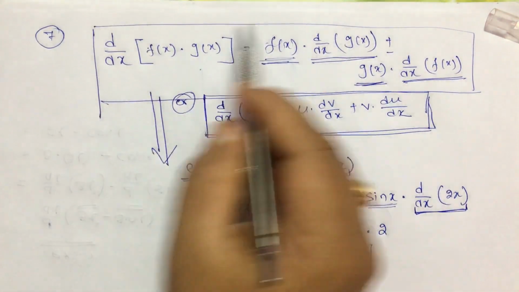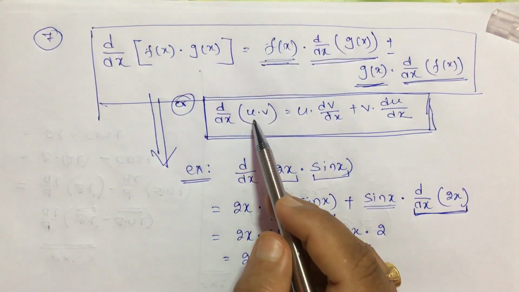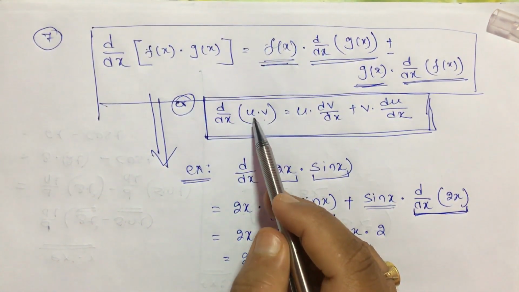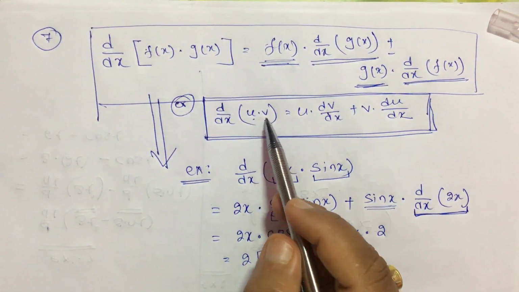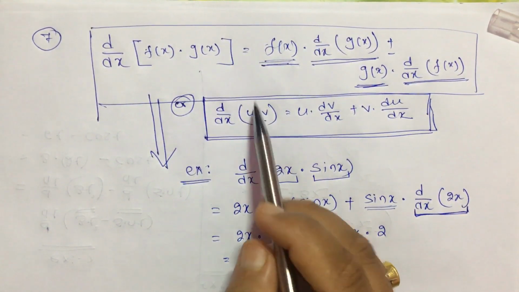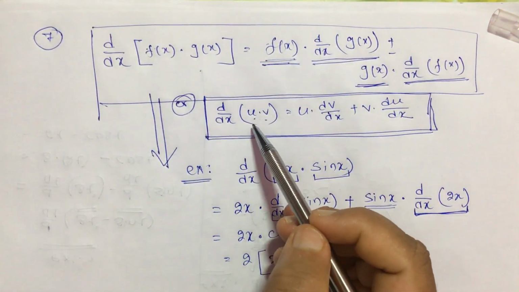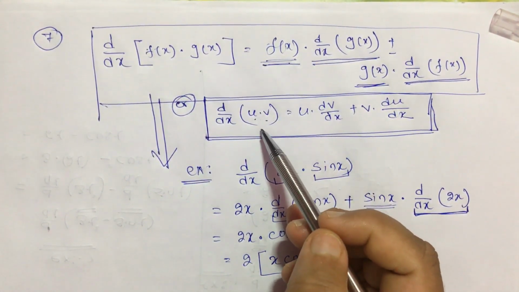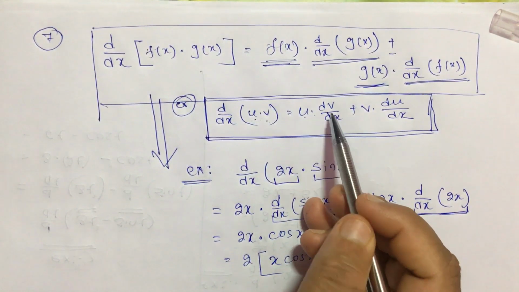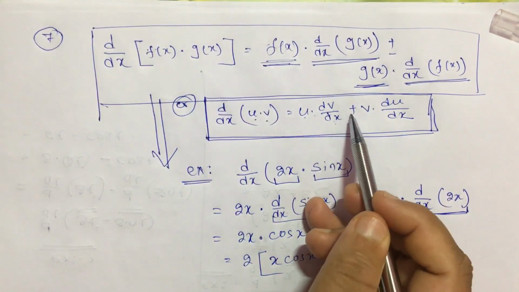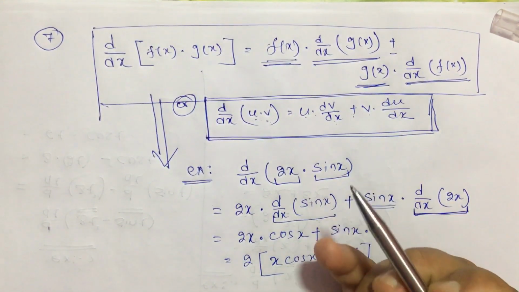So this formula can also be written like this, in many books it is given like that, d by dx of u dot v, where u is a function of x and v is a function of x. Remember that u and v are not numbers, they are some functions of x. Written like this, it looks very difficult, that is why we have written it in a simpler way. So u dot v, you can write it as u into dv by dx, the derivative of v with respect to x, plus v into d by dx of u, or du by dx.